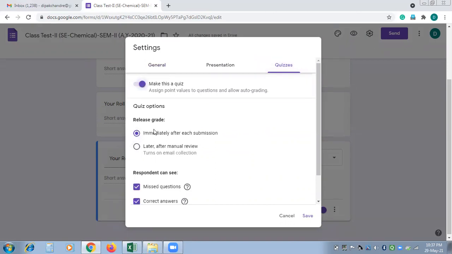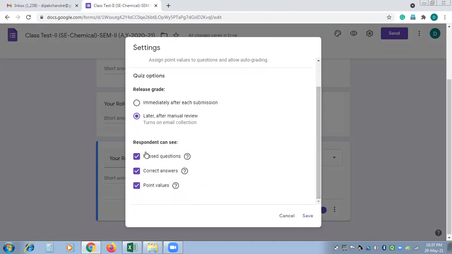You can select either option, but the better way is to select the second option. The reason behind it is students are not able to see their score immediately after submitting the quiz. Then the last three options are missed question, correct answer, and point value. You check the first and last option except the middle one, that is correct answer.